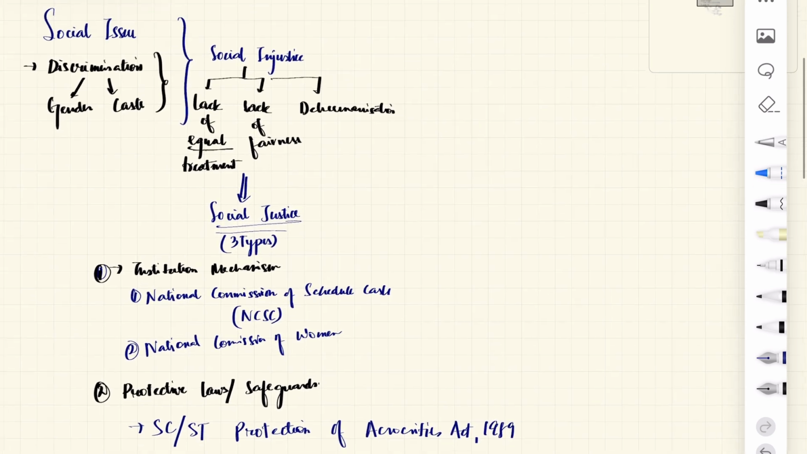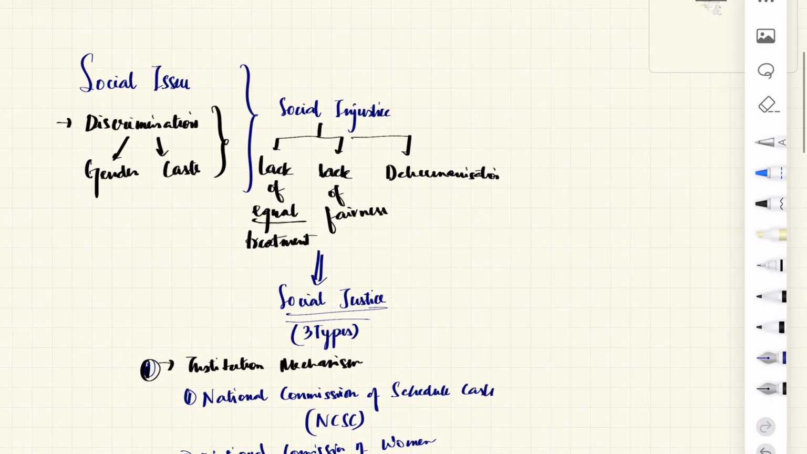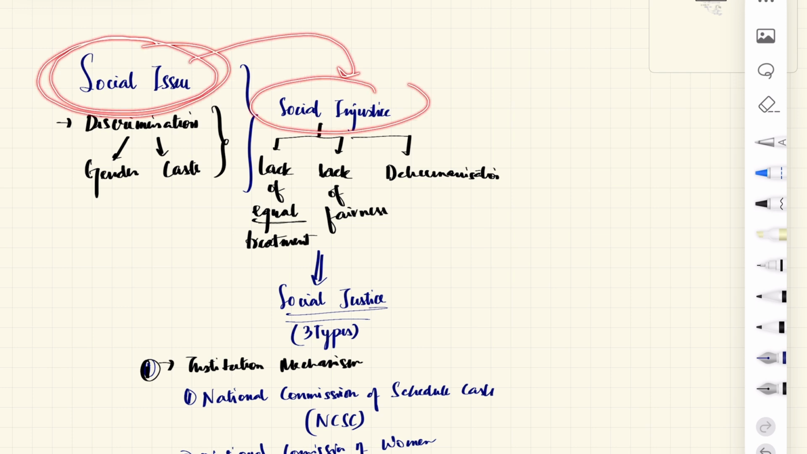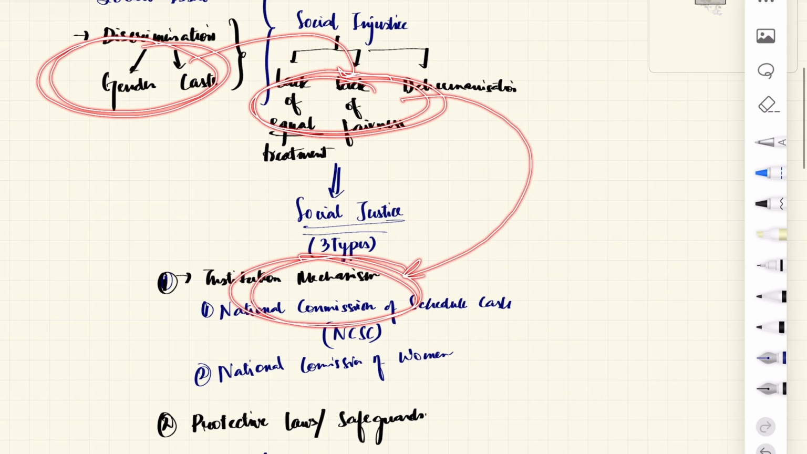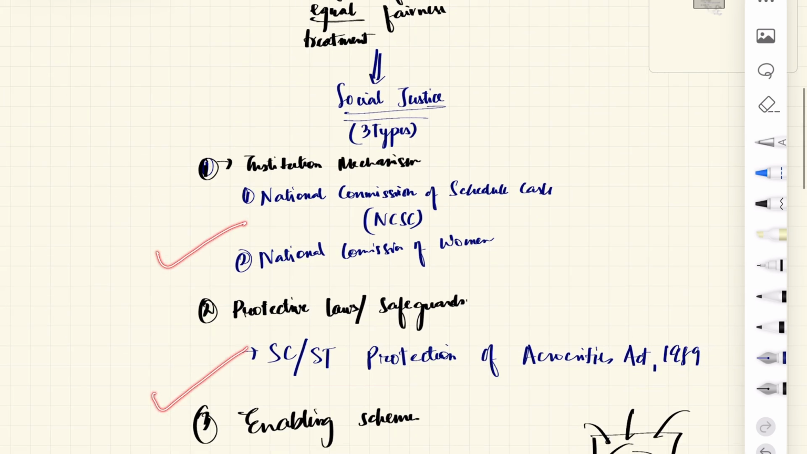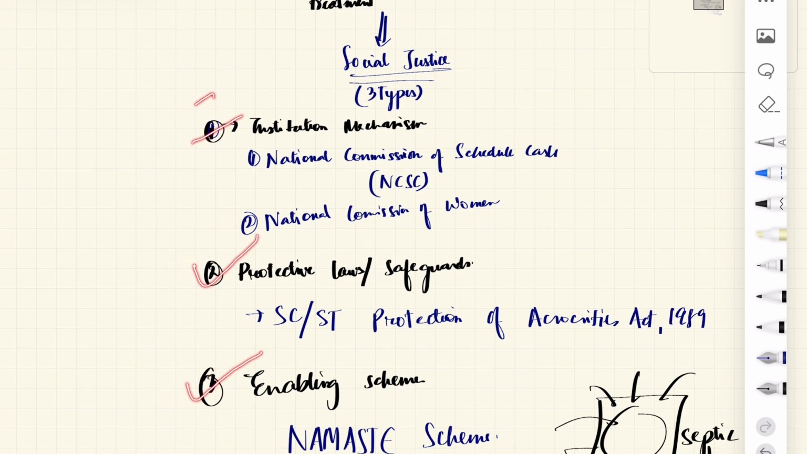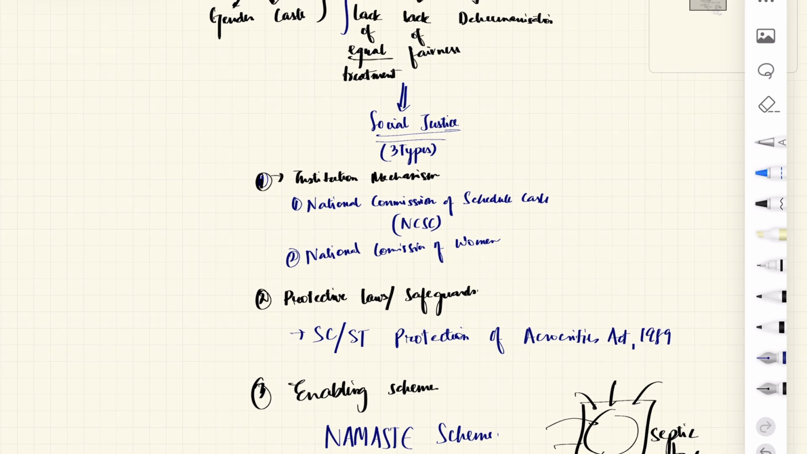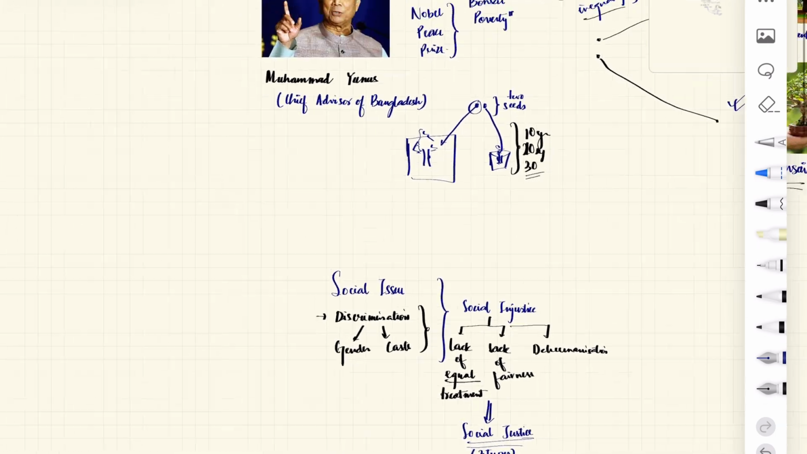So all of these are, are you able to relate to what I'm trying to say, right? Because of social issues, it becomes social injustice. This social injustice needs to be addressed through social justice. For that, these three things started being made. So this is what is happening. So I've discussed